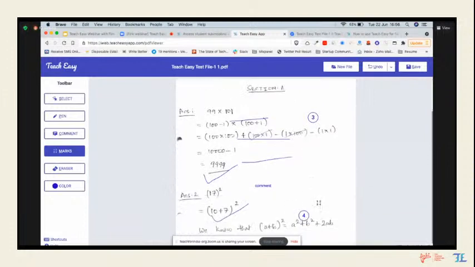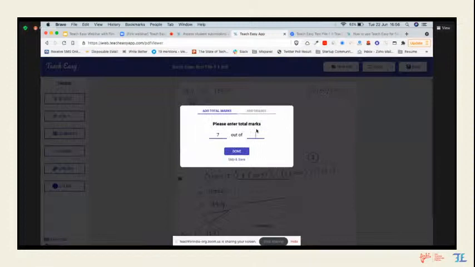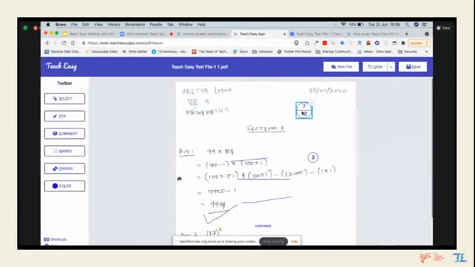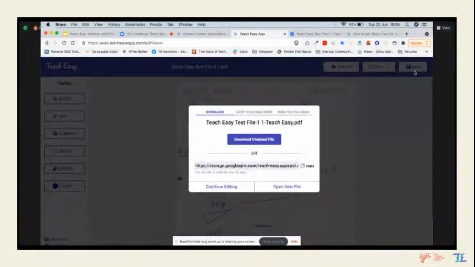When I add more marks, the total marks go up, and the auto opening will happen again. I will write 7 out of 10. This total marks appear there, and then I save the file. Now this new file is saved, and this can be sent to your students just like we did before. So the editing feature is present.